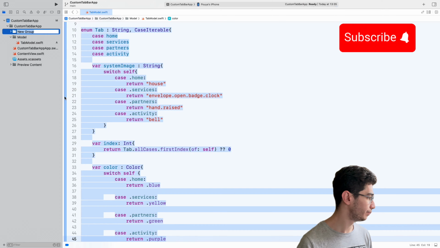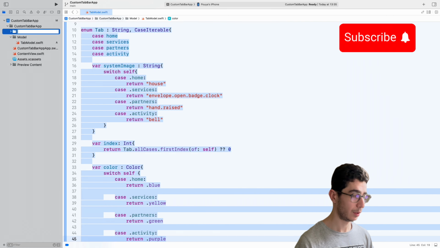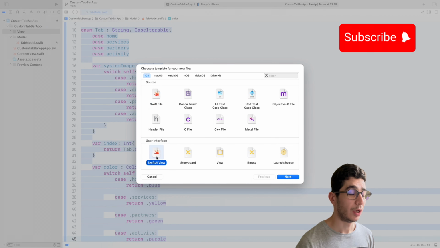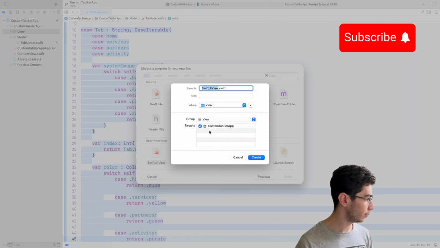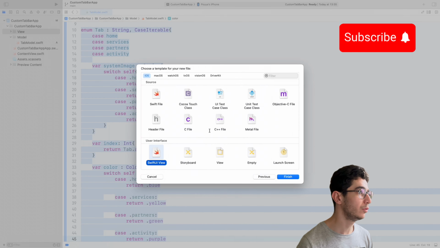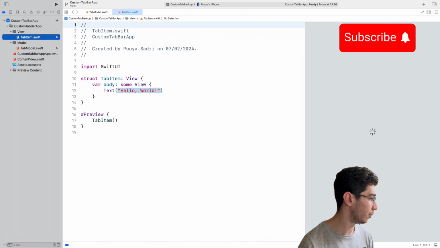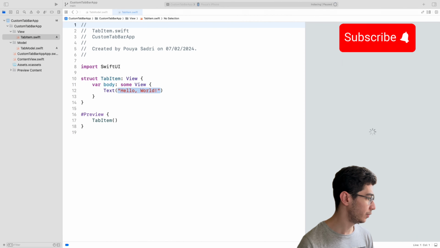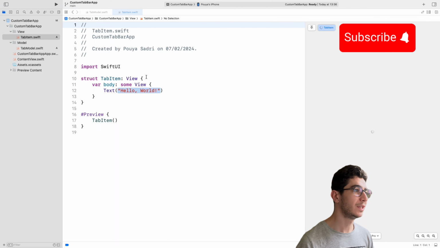New group, naming the view, and here we have to add two files, SwiftUI view for the tab item. So hit the road, and I'm gonna create our tab item here. Let me just add some space. Yeah. So for our tab, we have